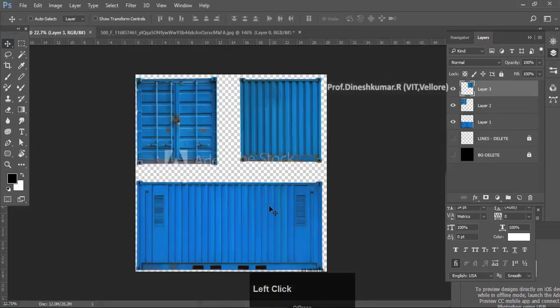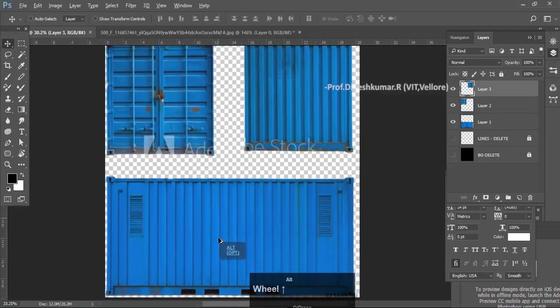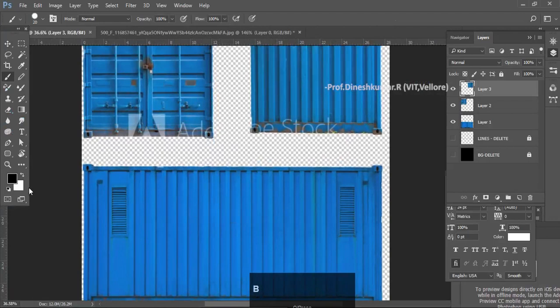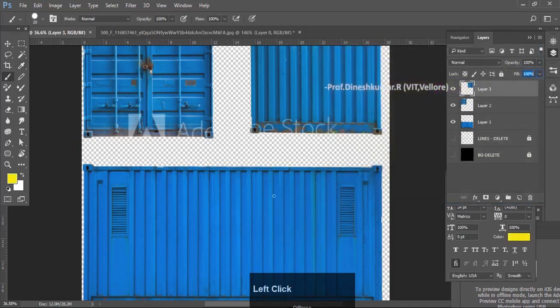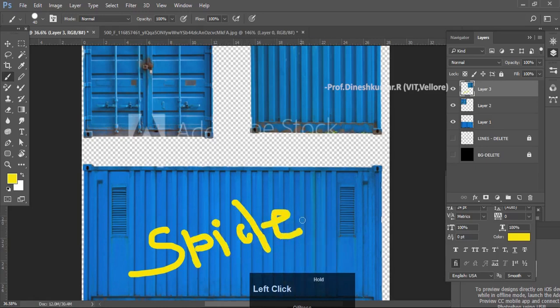Or I can go to my Photoshop and take my brush and take a color of yellow or something like that, and right click and choose a brush like this, and I can write it maybe a little bigger. You can write whatever you want, maybe like Spider-Man. So after you've done that, all you have to do is just file